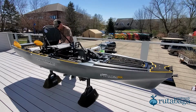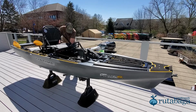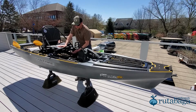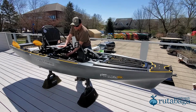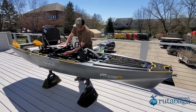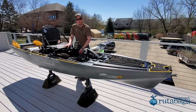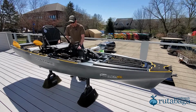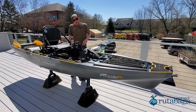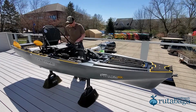There. Now we are in the raised position, which also gives you a bunch of storage underneath the seat. So tackle boxes, maybe a small lunch or something that you want accessible, drinks, etc. There are a couple of cup holders we'll see later, but nice storage area underneath here to keep stuff out of the bilge water, but easily accessible from the cockpit area of the boat. On this side of the seat well, you'll have a slot for a tackle box to actually slide into and